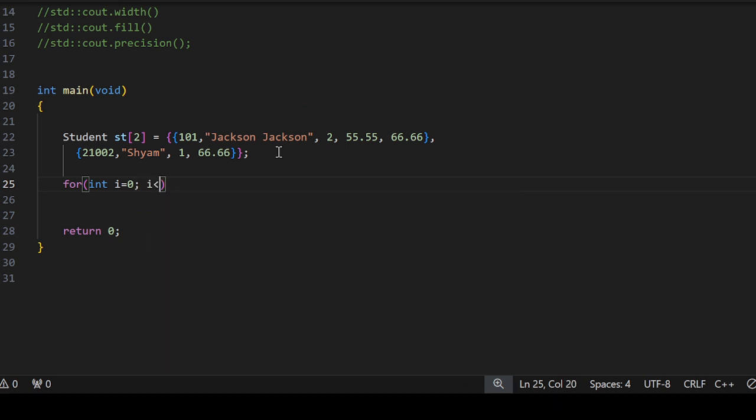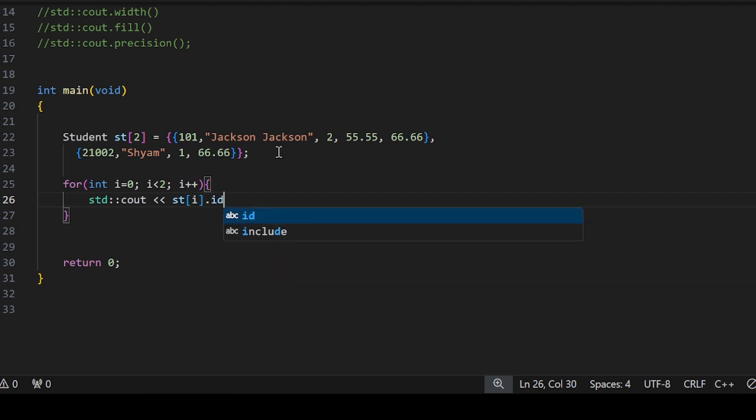I iterate for only two objects, i plus plus, and I want to put out the ID first, followed by name, followed by